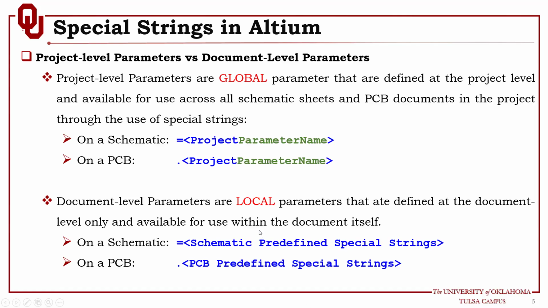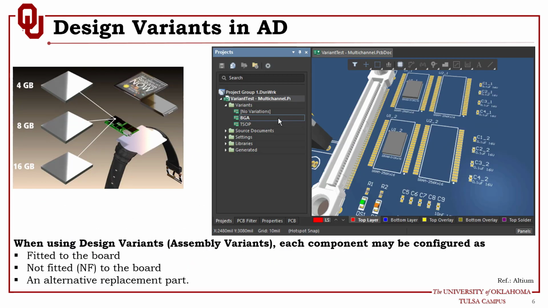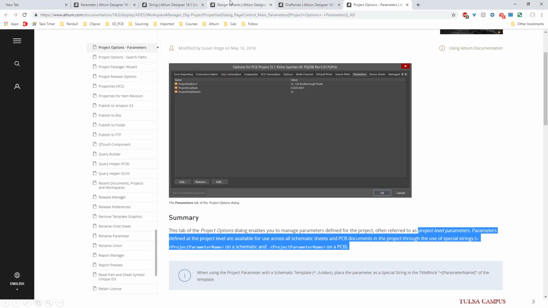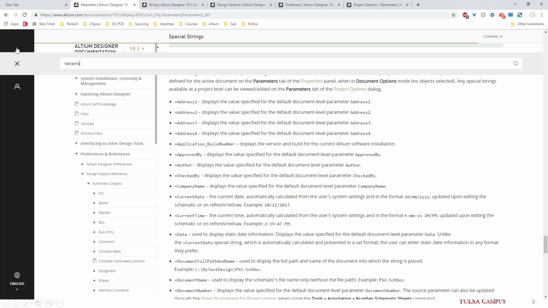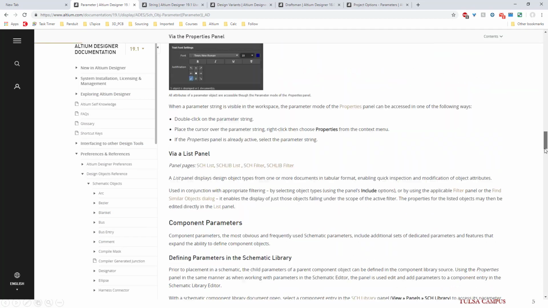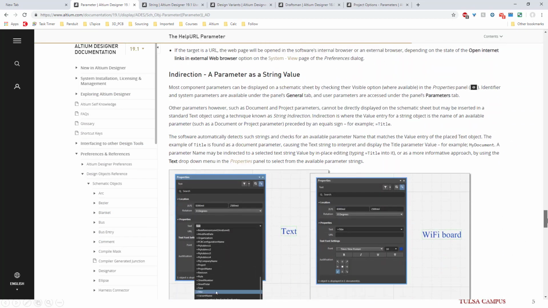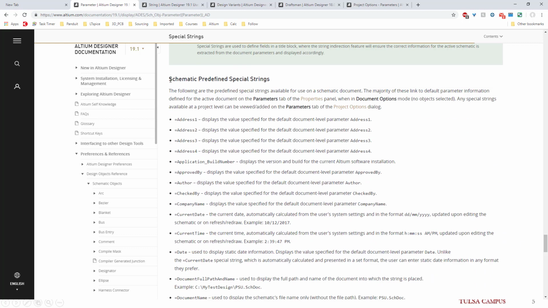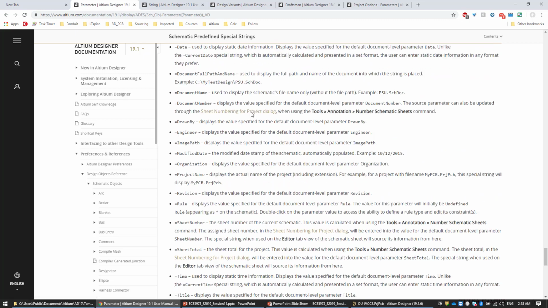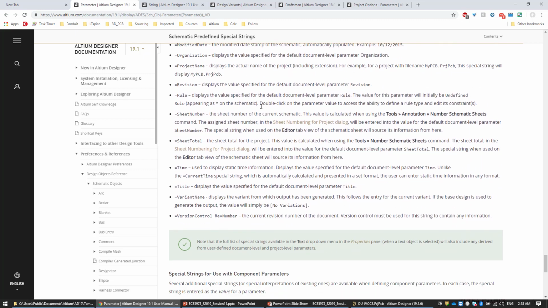So this is for the special strings in Altium Designer, and this is just a quick overview about these special strings. Now before we move to the variant, I need to show you where you get more information about these special strings. For the schematic, they are called parameters. So if you search in Altium Designer document for schematic predefined special strings, you will see a list of all these special strings with a description about each one of them. So you have a long list of predefined strings, and you have a description about these,